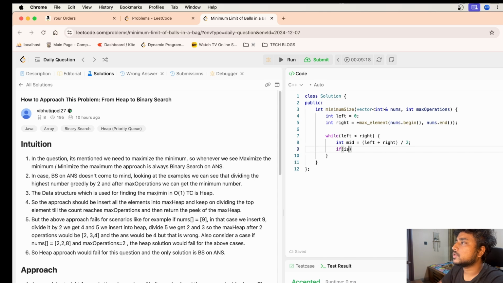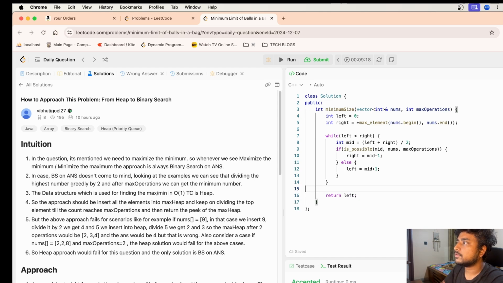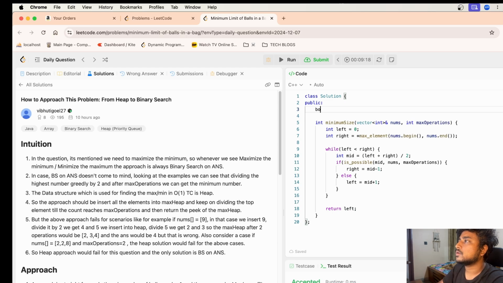Now if it is possible for mid, nums and max operations, then I have to go to the left to minimize it, else I go to the right. Then left and right are going to be equal, so I just return left.